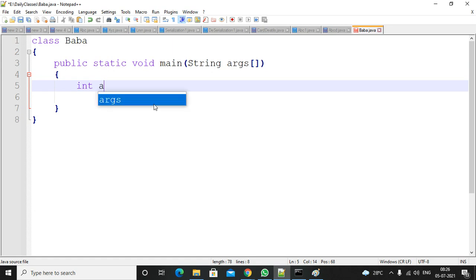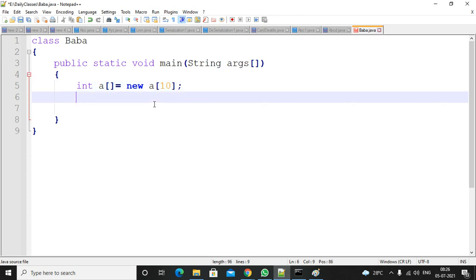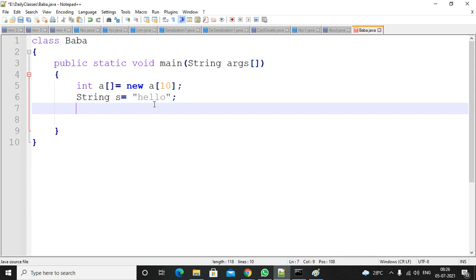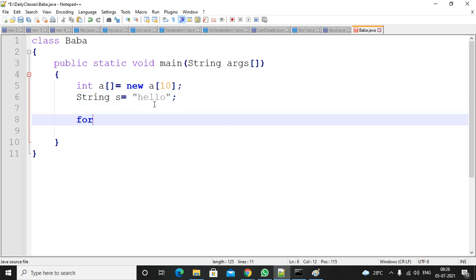Integer array a equal to new int of 10 locations, and I am taking one string equal to hello, right? I am using one for loop to print all the data of the array.